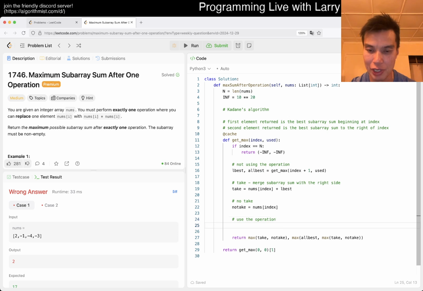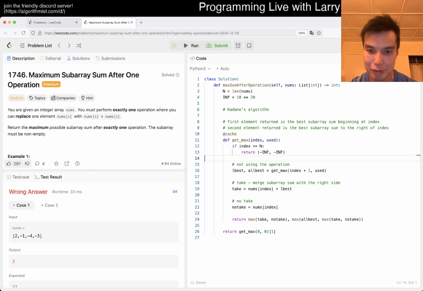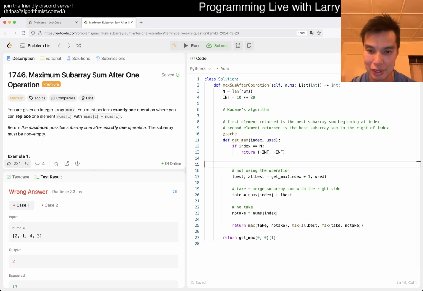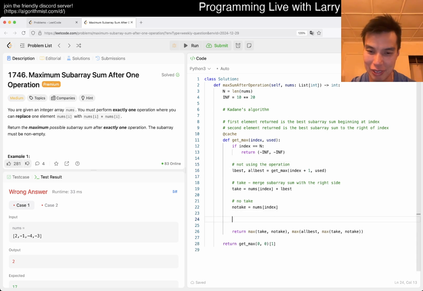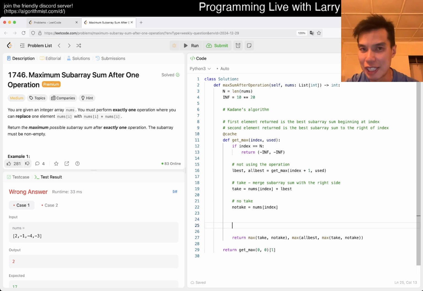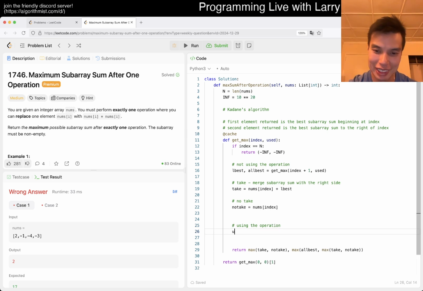If we want to use the operation, how do I want to write this? Maybe I'll just put this in a for loop, right? Maybe that's just being too funky. But I mean, it's just enumerations, right? So then using the operation, you can say, it's just messy. That's all. Used